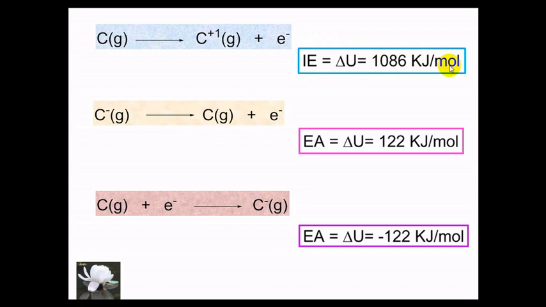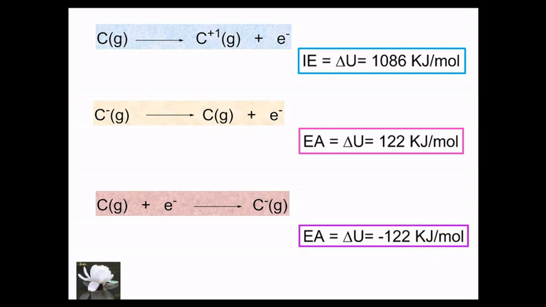But we must be careful with the electron affinity, because when an electron is removed from the carbon anion, the value is plus 122 kilojoules per mole. In contrast, when an electron is added to the neutral carbon, the energy is minus 122